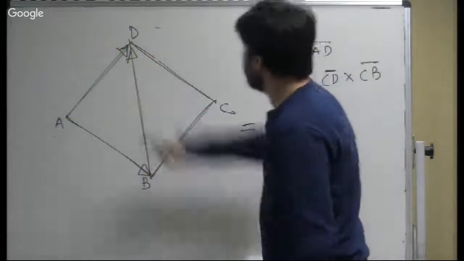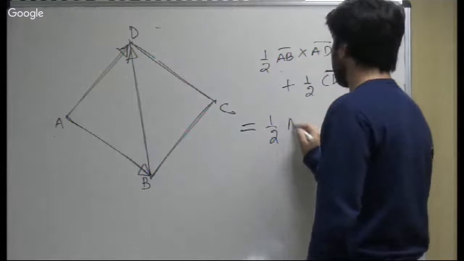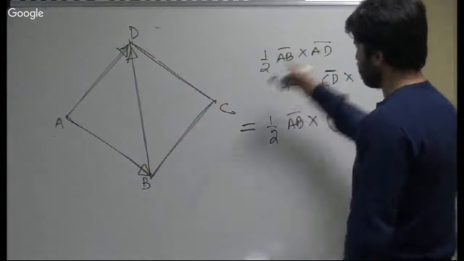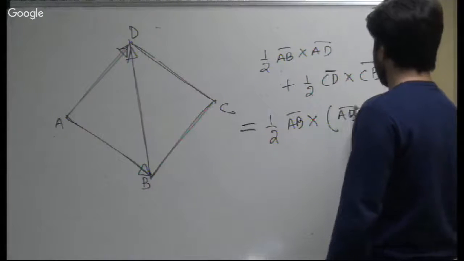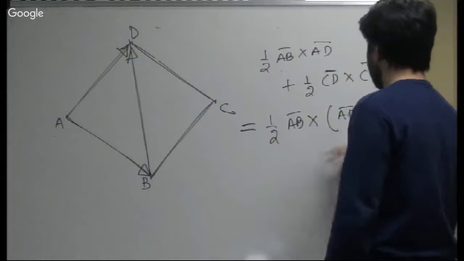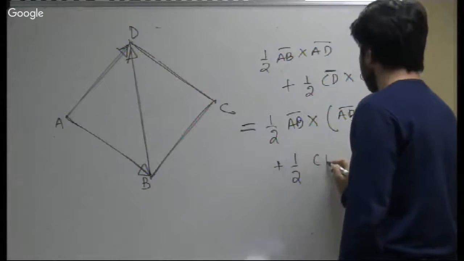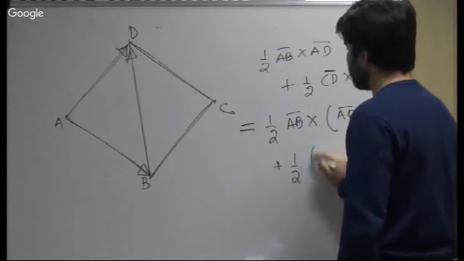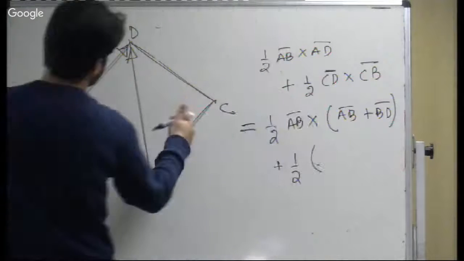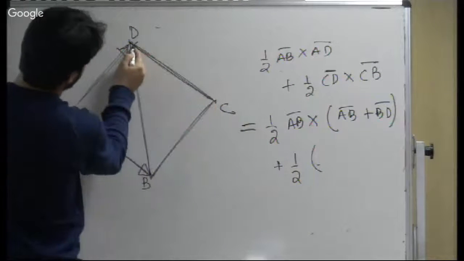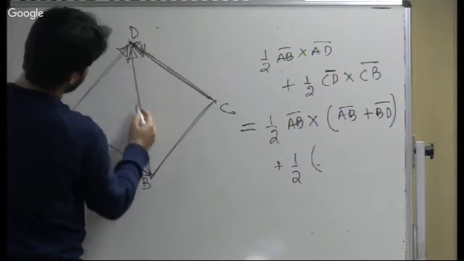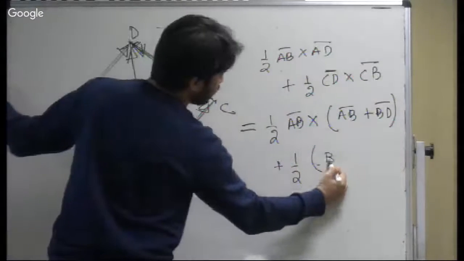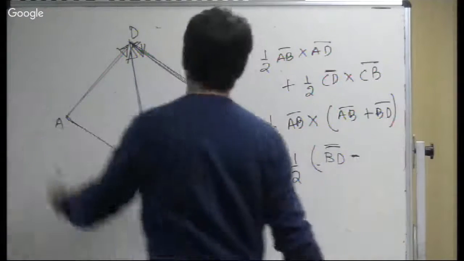So I can write half AB cross AD can be written as, plus half CD cross, CD can be written as BD minus BC